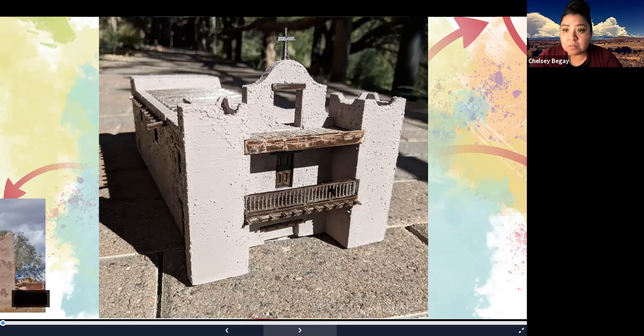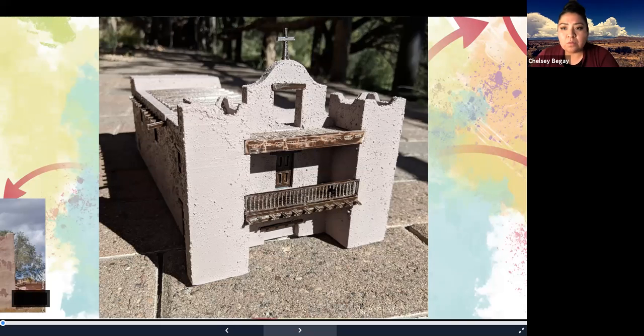So you can see the different vigas, you can see the canales, the adobe that is plastered on the model. The students tried to replicate it as best they could, along with the color of the building. So this is a pretty great, accurate replica.